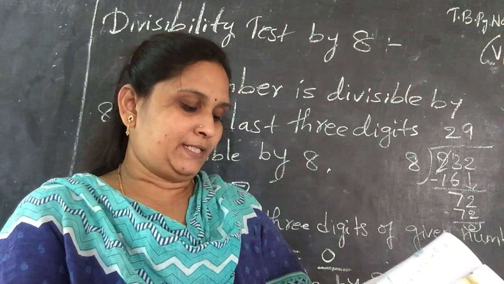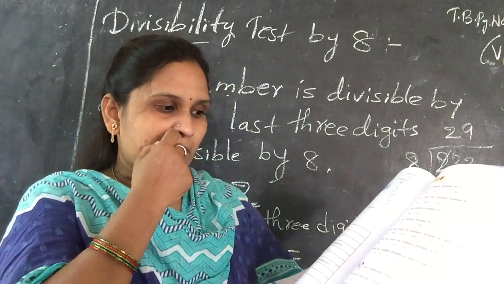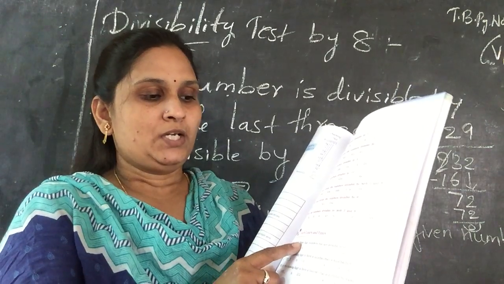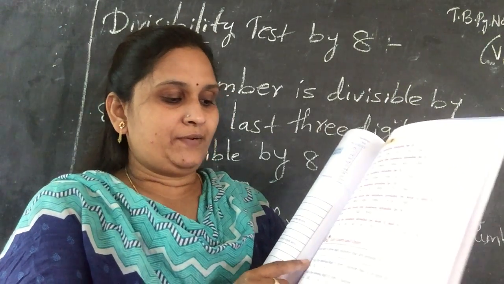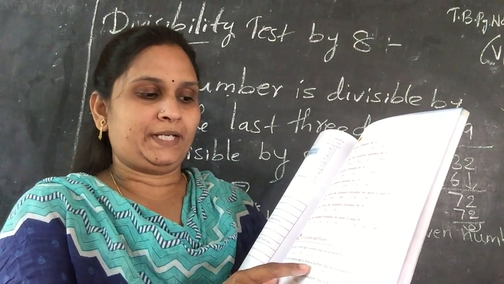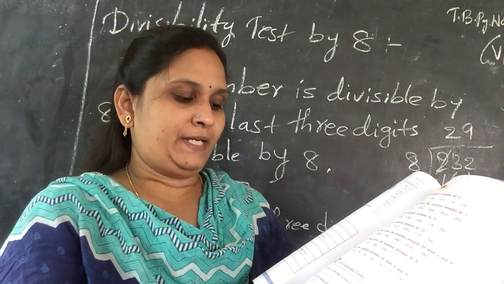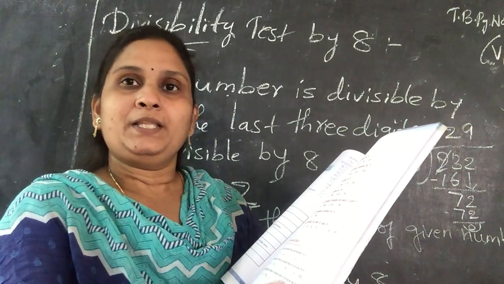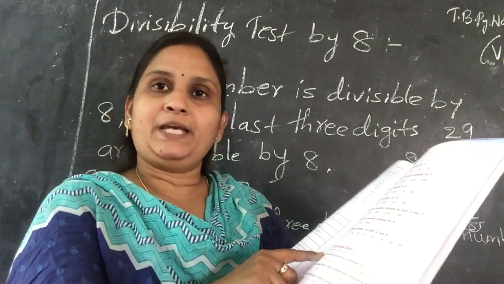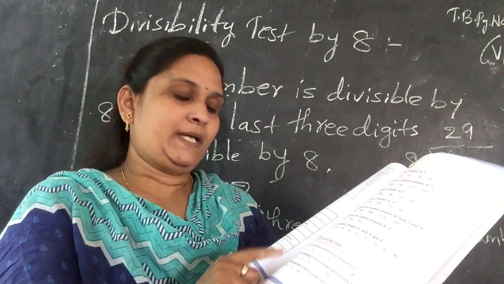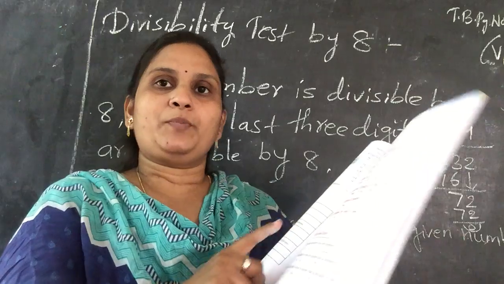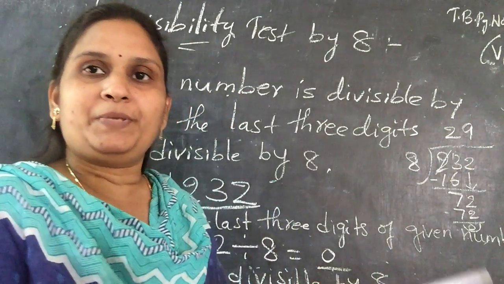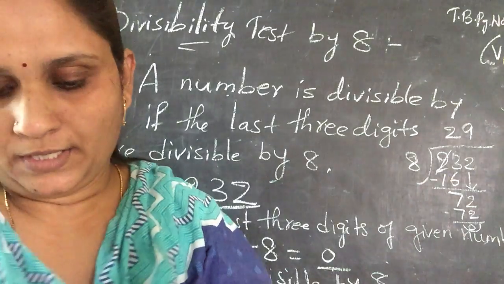After that, the fill in the blanks are there, A, B, C. You have to write any 3-digit numbers which are divisible by 6, fill in the missing numbers to form a number which is divisible by 9, and fill in the missing digit to form a number that is divisible by 3 and 5. Section A you have to do on your own. B and C concept is the same. So I am going to give the clue for one sum, based on that, you do sections B and C.